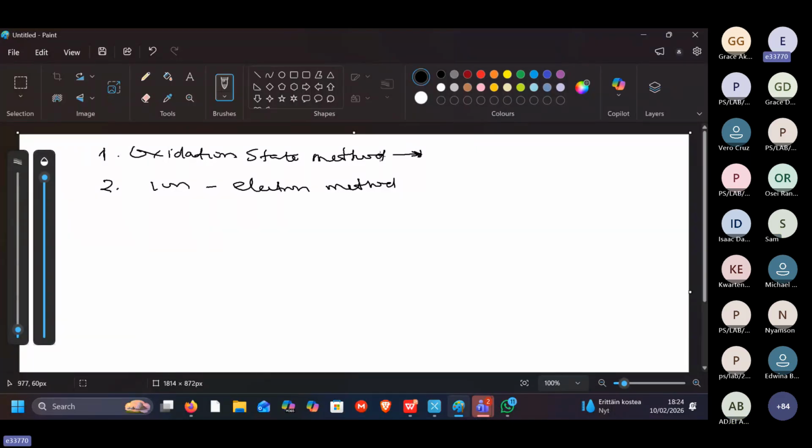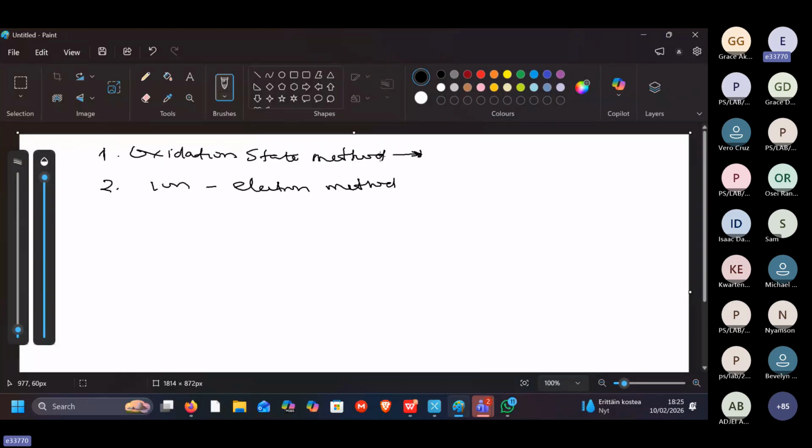So the oxidation state, that's what I wanted to show. Let me pick one example, and you just notice how you do that. In a redox reaction, we are dealing with compounds reacting together. One compound reacting with another compound, but one compound is going through oxidation, then the other compound is going through reduction. Now in the oxidation state method, I only pick, if you take the compound, it may be only